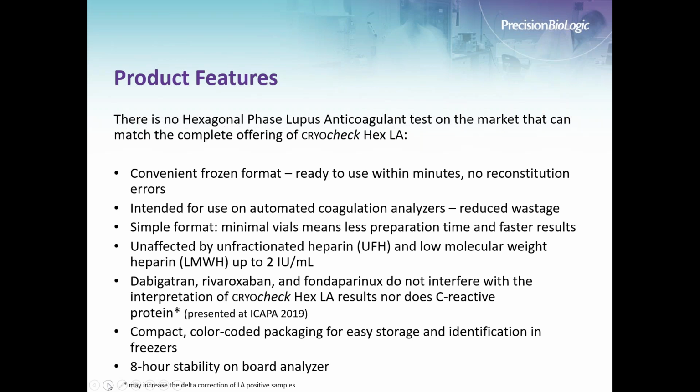As I said, this product was designed from the ground up with automation in mind. And so what you're going to see is a real reduction in the waste of reagent that you'll have with this kit. What we've kept it in is a simple format, minimal number of vials, which means less preparation time so that you can get to results faster. We are unaffected by unfractionated heparin, as well as low molecular weight heparin, up to 2 IUs per ml. Some of the DOACs, dabigatran, rivaroxaban, as well as fondaparinux do not interfere with the interpretation of the CRYOcheck HexLA,